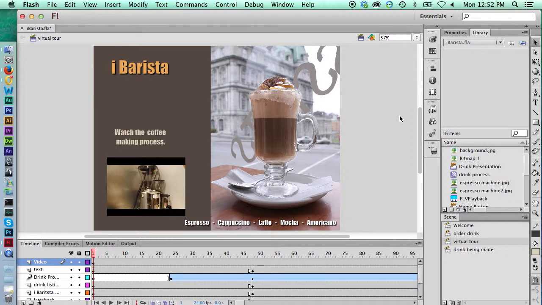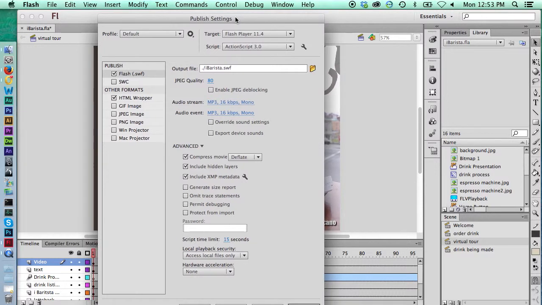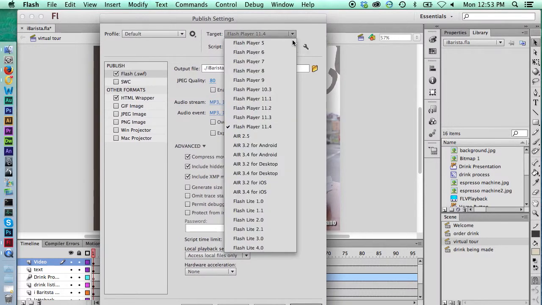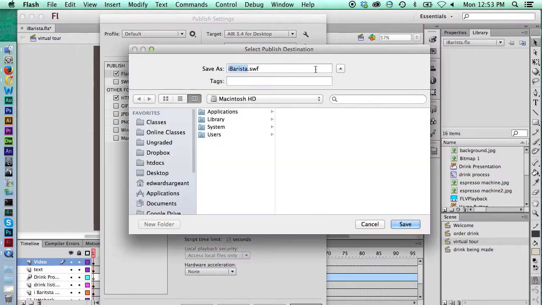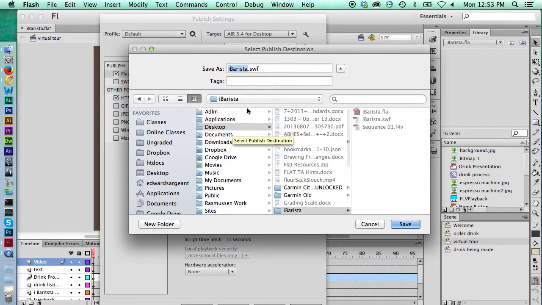So here we are on the Mac side, and I've got exactly the same project open. You can see the iBarista here, and if I test this, it works with this video as well, just like last time. So as before, we're going to go to File, Publish Settings, and we'll look at how to set this up. It's really quite similar. I'm just going to select from the target Air 3.4 for desktop, and I'm going to make sure that I'm outputting this Swift to the correct location, which is actually going to be the iBarista folder,